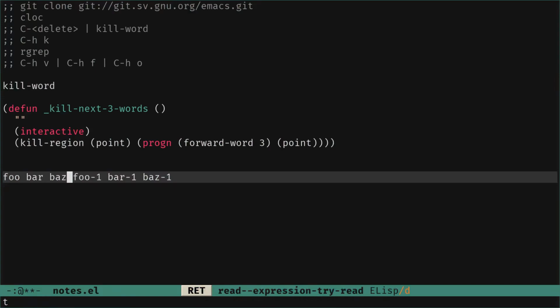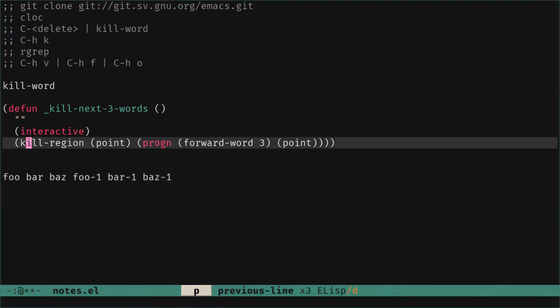So maybe we did it wrong. Okay, do it again. Minus 2. Let's say we think that minus 2 will move before bar. We do it. This is what we want. We are confident. So here we kill the region from the point we are, and we move 3 words forwards, and we return the point to be the end of what we kill.